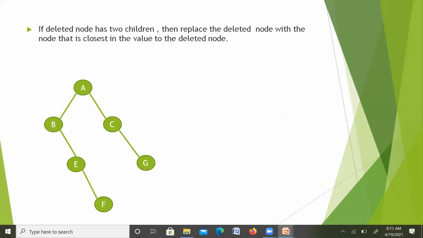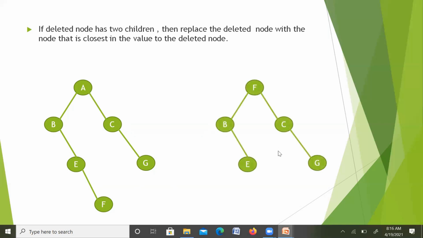So suppose we delete the root node A here. To find the closest node, first we go to the left side and then go to the right side as far as possible. So the value is F. If we delete A, then its value is replaced with F. So the resultant binary search tree is like this.